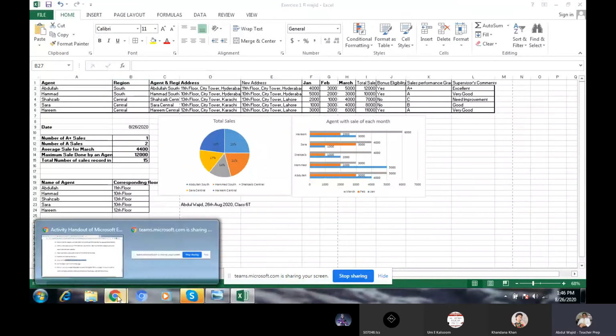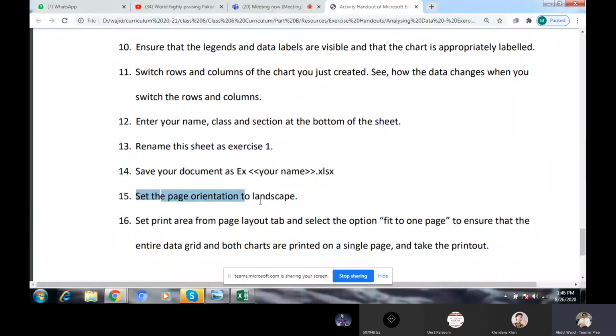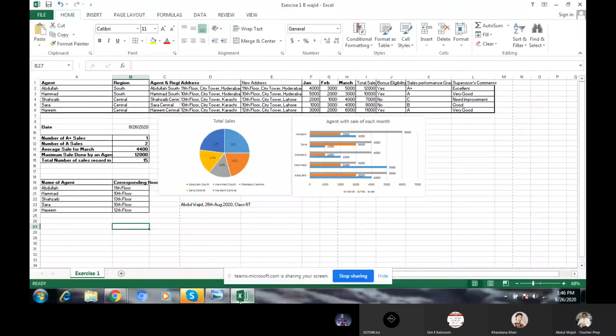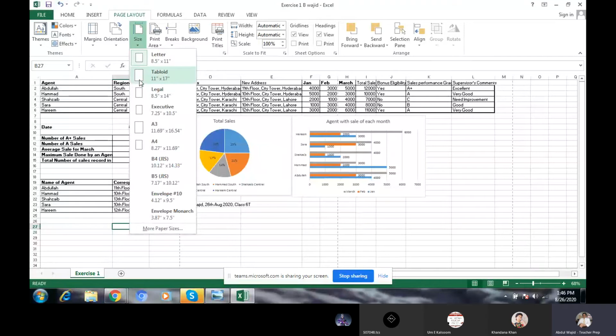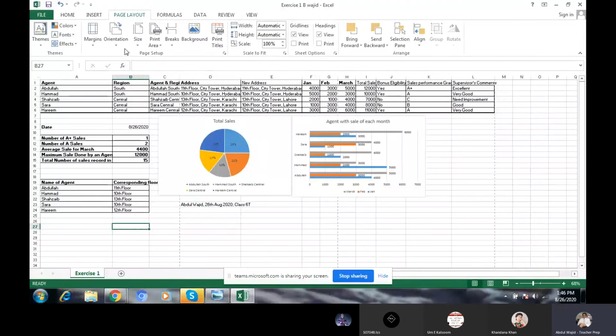Okay, now let's see again. Now set the page orientation and landscape. Okay, we will go there in page setup. Click on it and page layout. Yes, we will click on it again. Page size, for example, in this one A4, and page orientation is here. When you click, now it is in portrait, we will convert into landscape. Right? Convert in landscape. Okay.